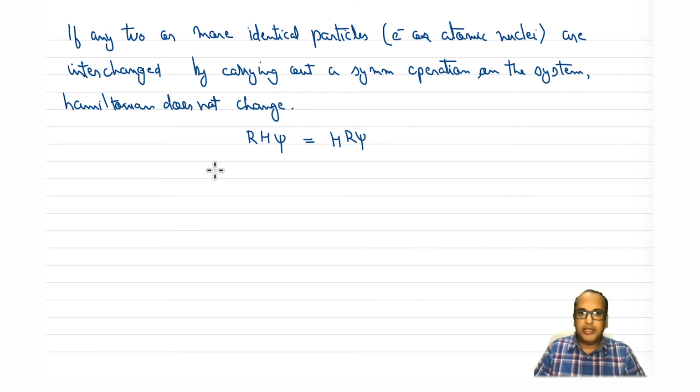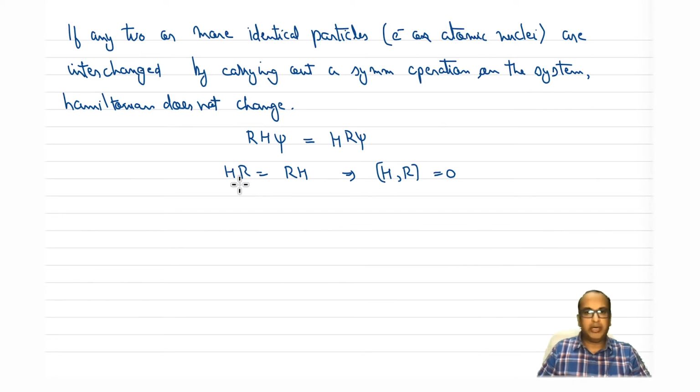So that tells you that HR is basically equal to RH, which means that H and R commute with each other, right? So we know what is the meaning of commutation now. So H and R, so basically Hamiltonian commutes with all the symmetry operations present in the given molecule. Okay, so we can also say that the Hamiltonian commutes with,